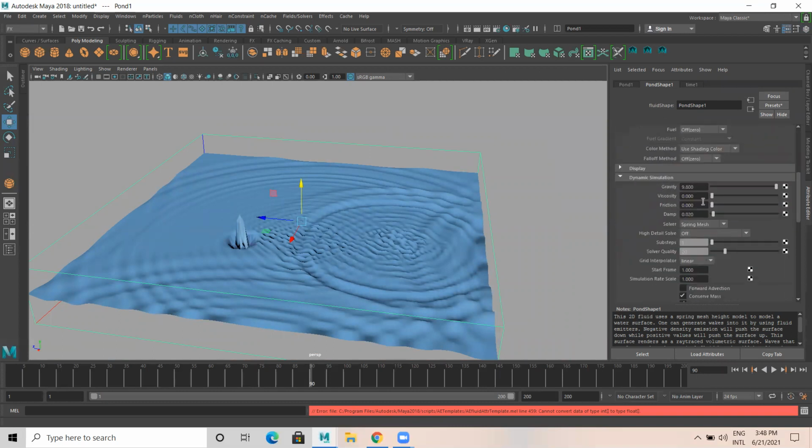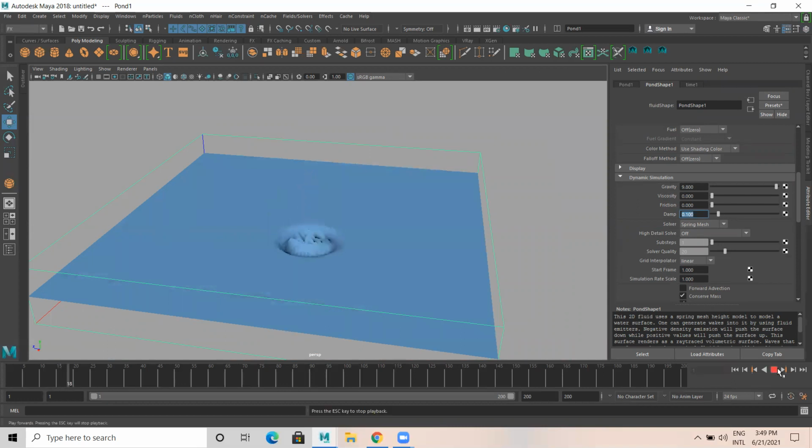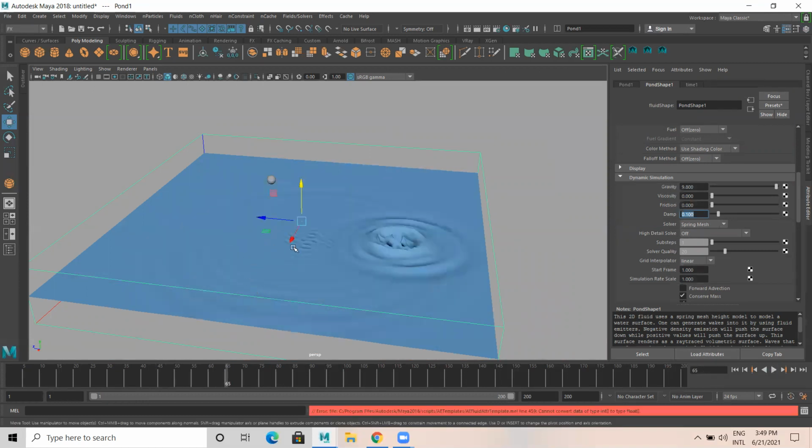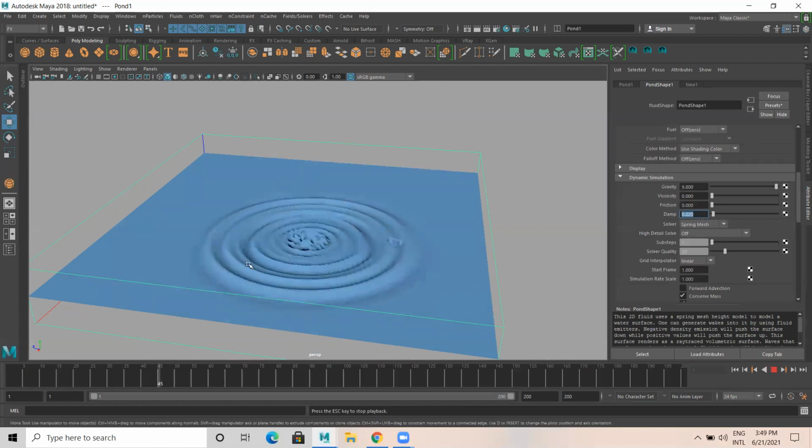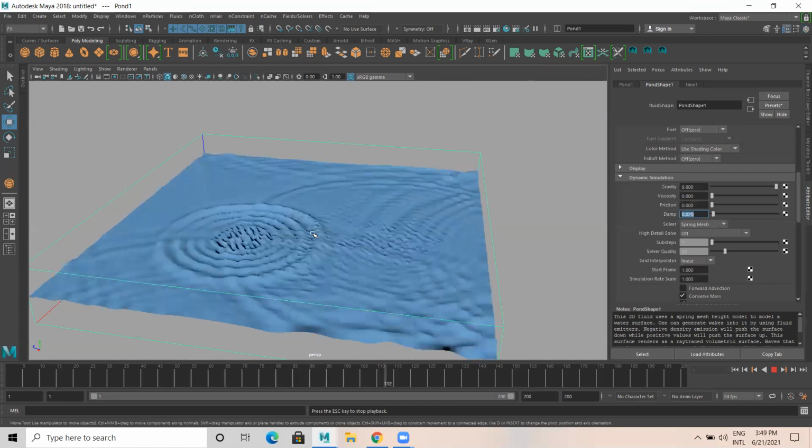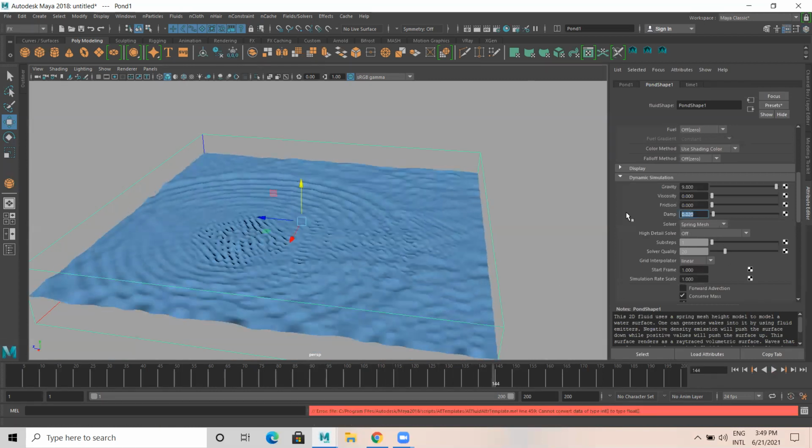Here, if you see, there is dynamic simulation, damping is there. I give damping 0.1. So when I do, what happens? You can see the difference, right? Now much of the simulation is not there, which means the ripple effect and all will vanish very quickly. Earlier it was 0.02, it was like this. Now if you observe, a lot of ripple effect. But if you increase damping to 0.1, the ripple effect is not there.